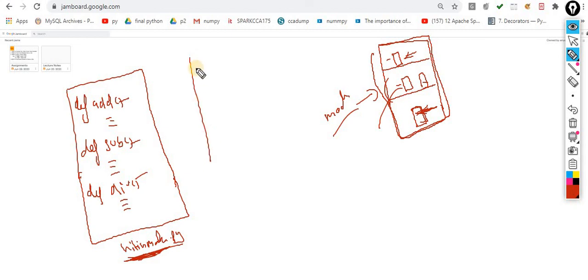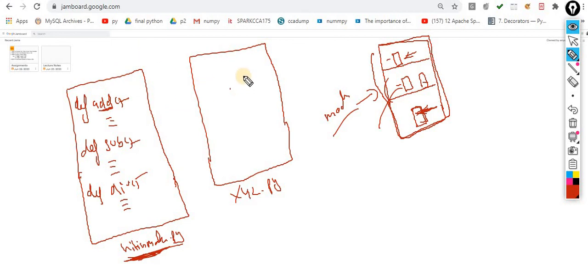Now another file. Let's suppose xyz.py. Inside this file, I require this add. Calling a function from another file is called importing.